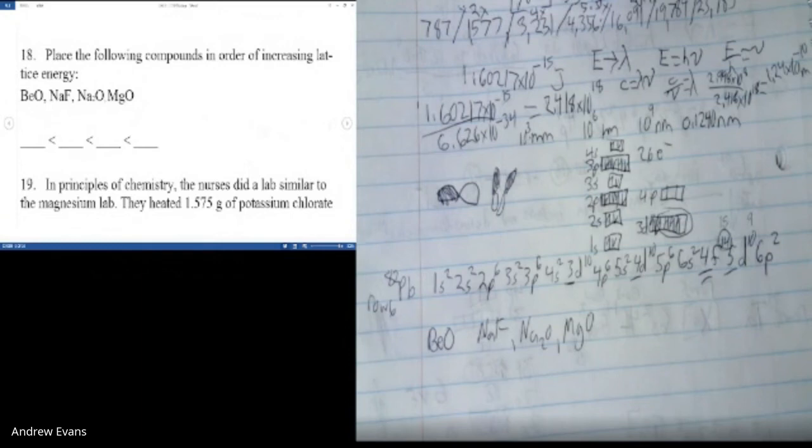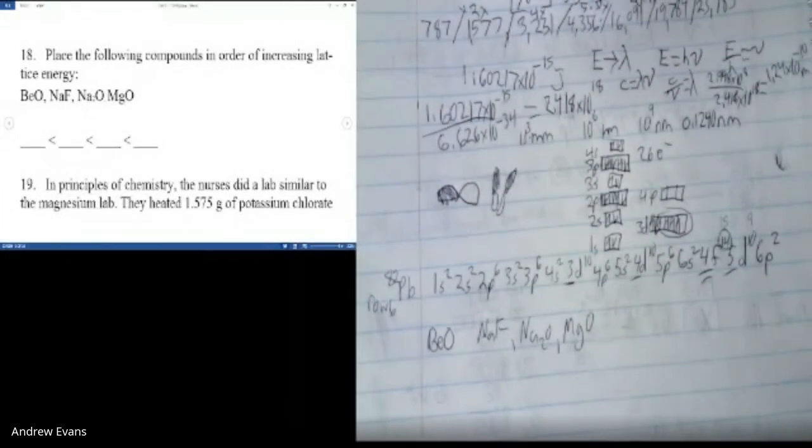So the first thing is to place these in order based on their cation and anion charges. The next thing to do is place them based on size. So looking at this, beryllium is group 2, so it's 2 plus. Oxygen is group 6, so it's 2 minus. Sodium is group 1, so it's 1 plus. Fluorine is group 7, so it's 1 minus. Sodium is group 1. Oxygen is group 6. Magnesium is group 2. Oxygen is group 6. So right there, just looking at the charges, I can say that NaF has the lowest energy,